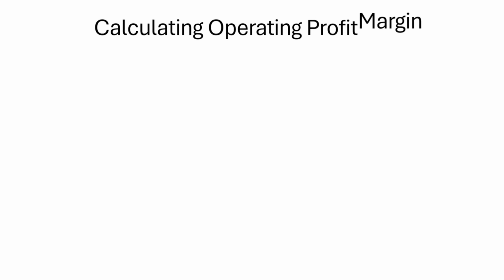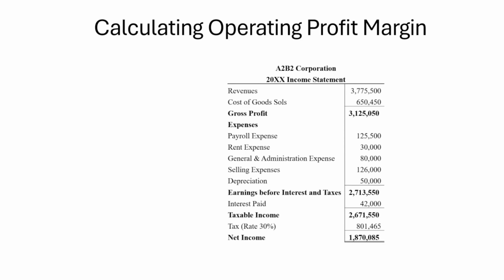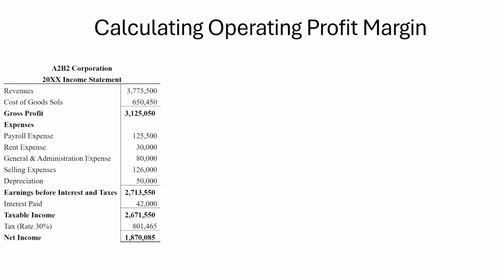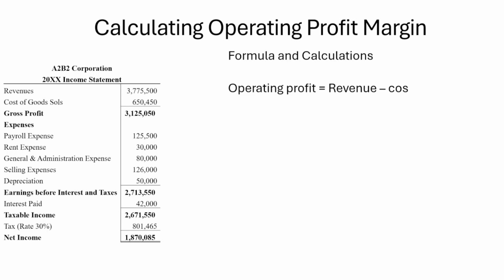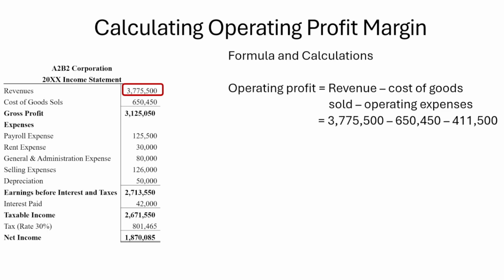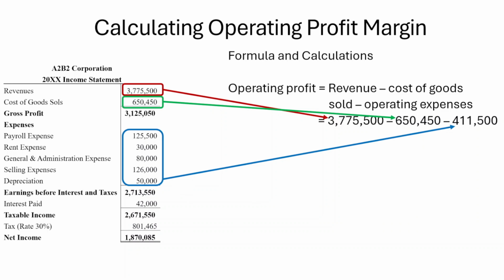So let us practice how to calculate the operating profit margin. We have the same income statement from A2B2 Corporation, and our formula for calculating the operating profit, as we said, is revenue minus cost of goods sold minus all the operating expenses. Our revenue is right there. Then we have the cost of goods sold right there. Then we have our operating expenses all combined up there. Then our operating profit will be